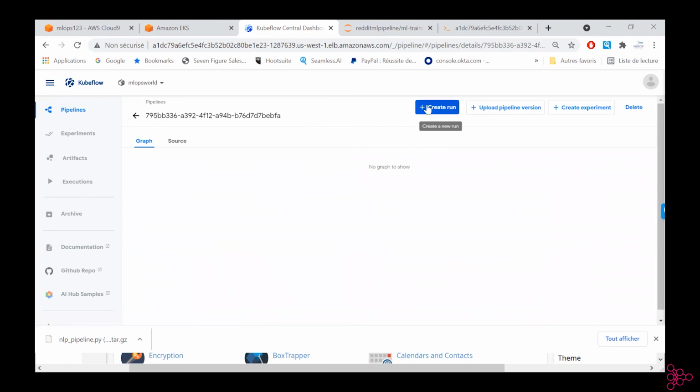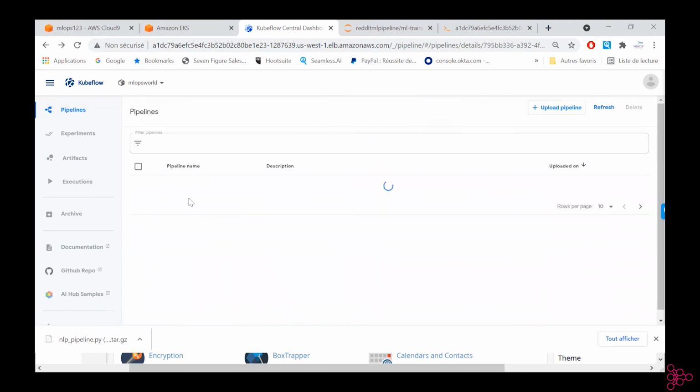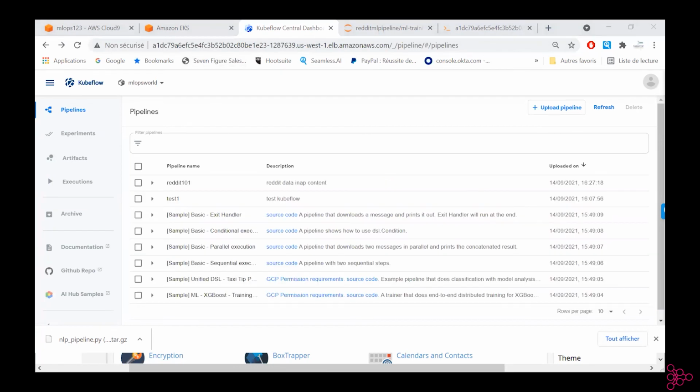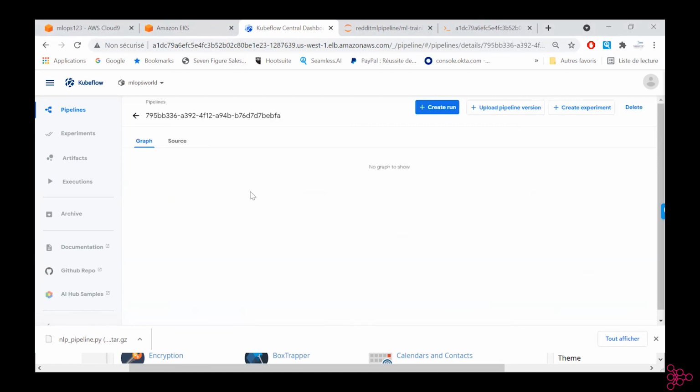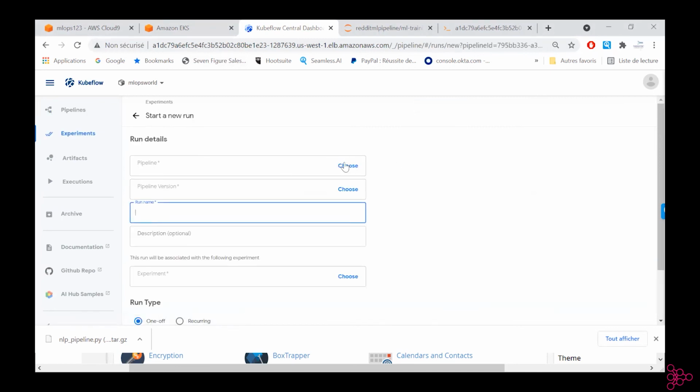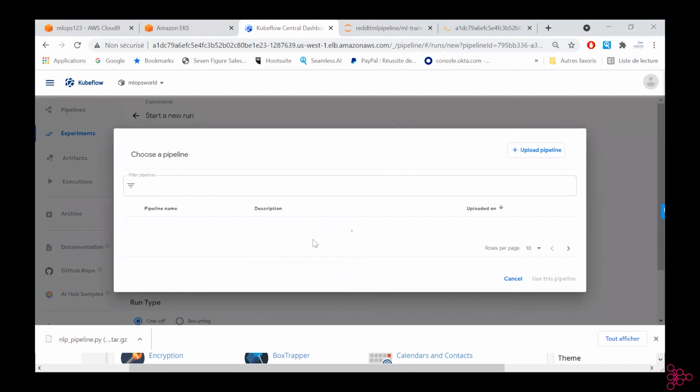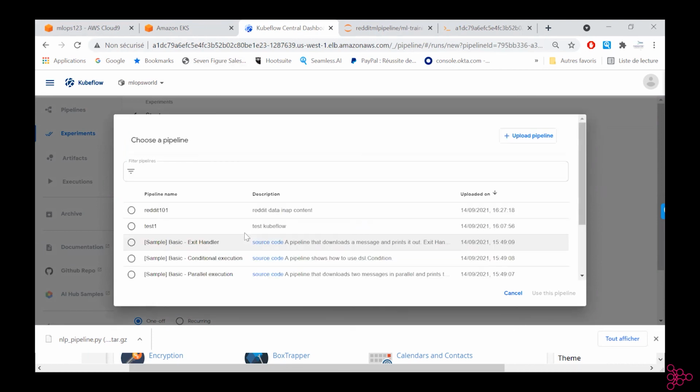Okay, so now we could create the run, choose pipeline. So we select Reddit, use this pipeline.